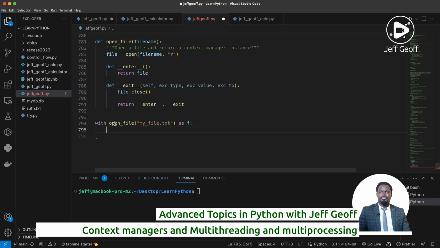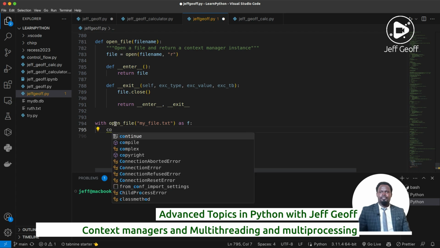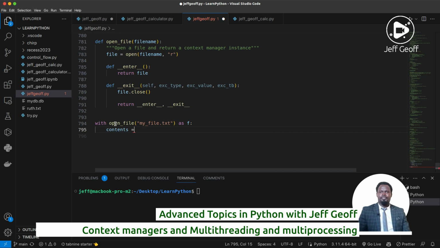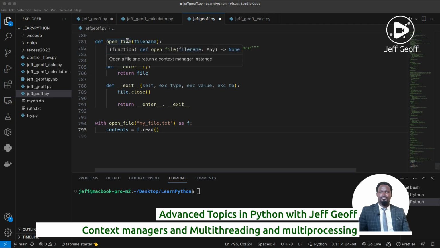Then we can now create a variable, define a variable contents, which can be f.read. Okay, now in this particular example that I've given you, you can easily see that we were able to define